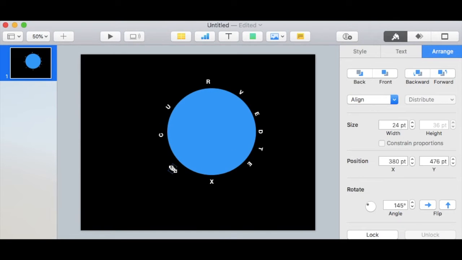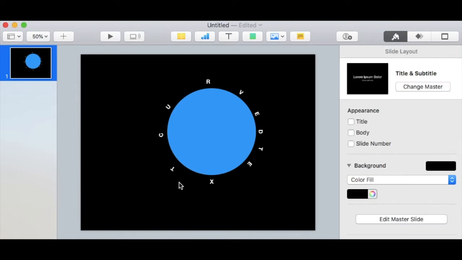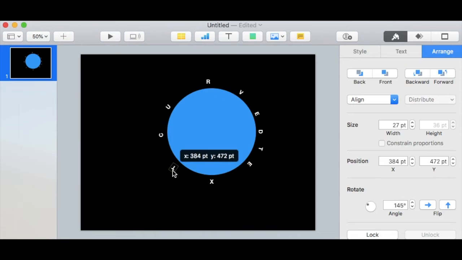Okay, I'm going to move just a little bit closer to see. Okay. And again, I'm just lining this up with the edge of the circle as if it was just standing up on it, or upside down in the case of these letters. So